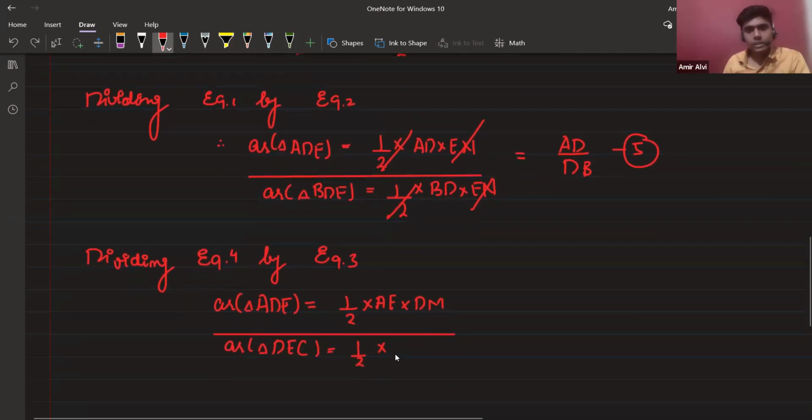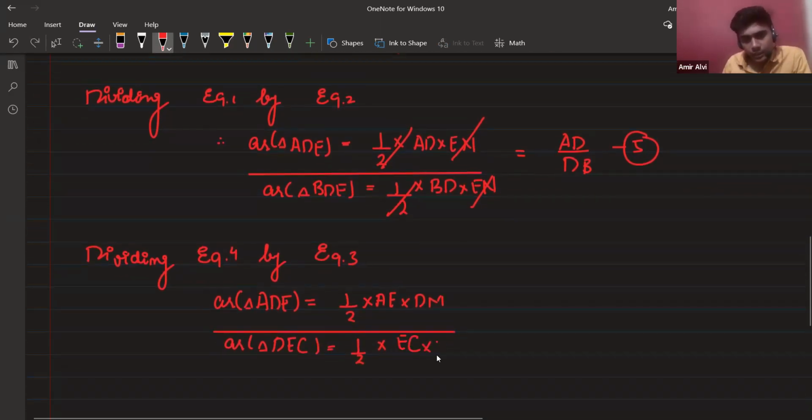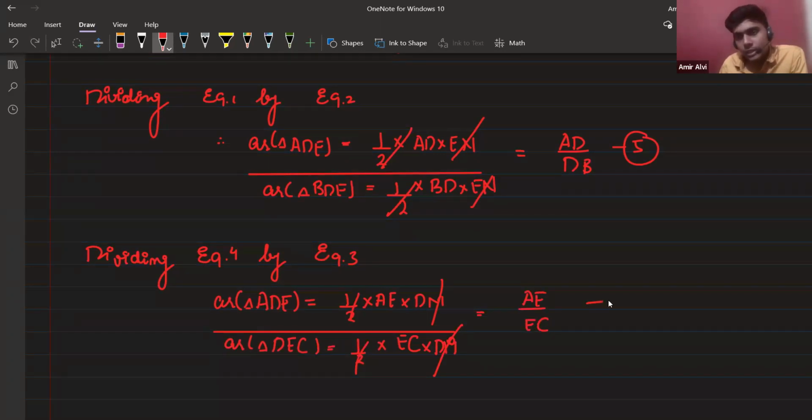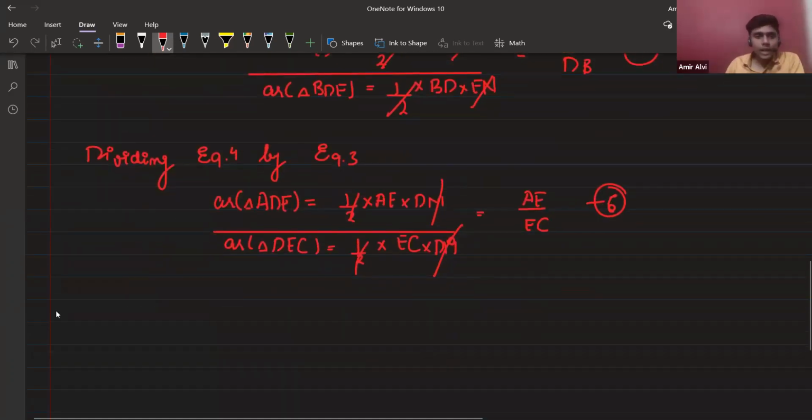So it's not DC, it's EC into DM. So this DM will cancel out this DM and half will cancel out half. So what will be left is that AE upon EC. This is your equation number 6. Okay, so now what I have is that I have